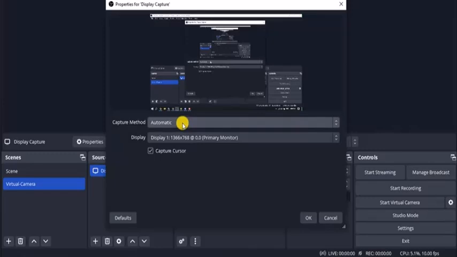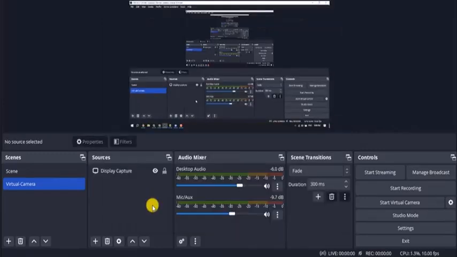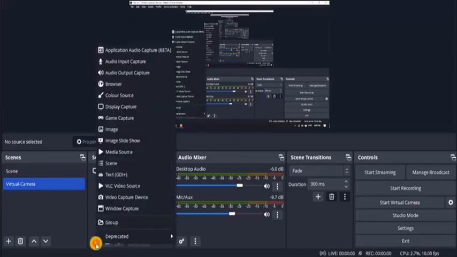As you've done it, now you want to go ahead and select the capture mode. Once done, you'll be directed to the home page once again. Then you have to go ahead and click on the source once again. Once you go to source, from the pop-up menu, click on video capture